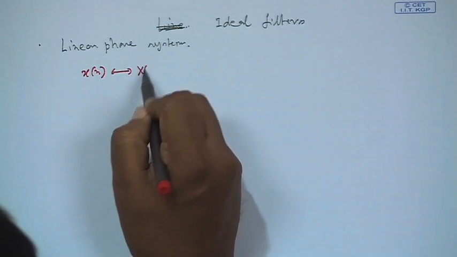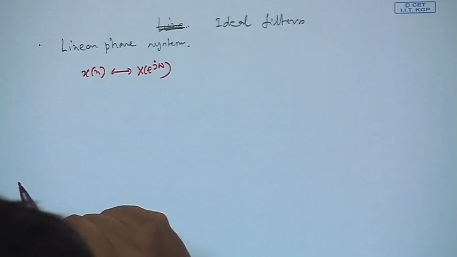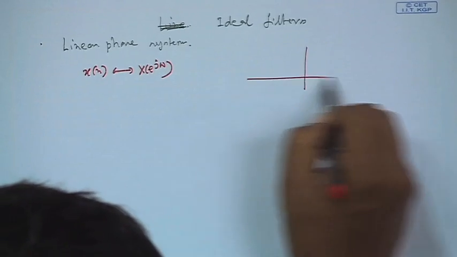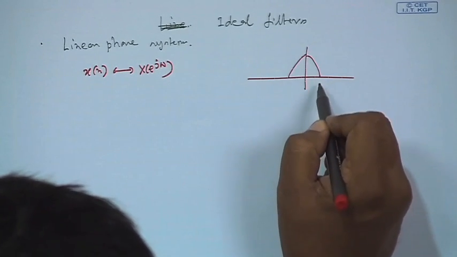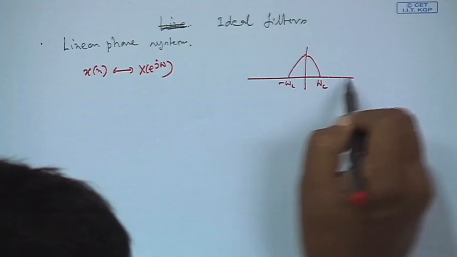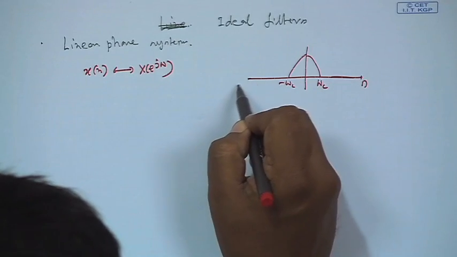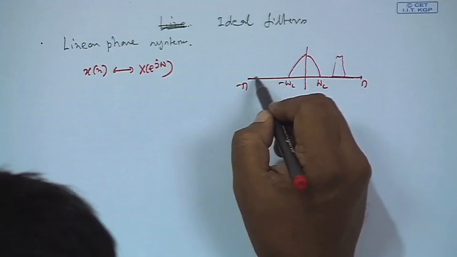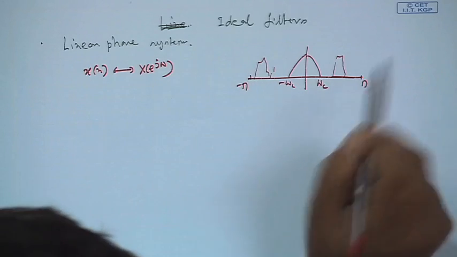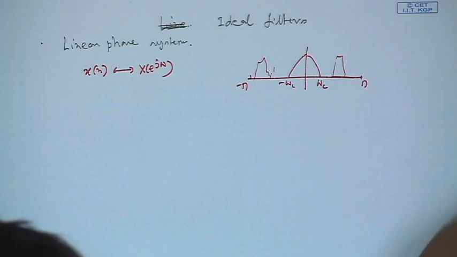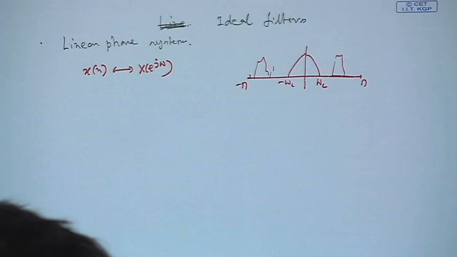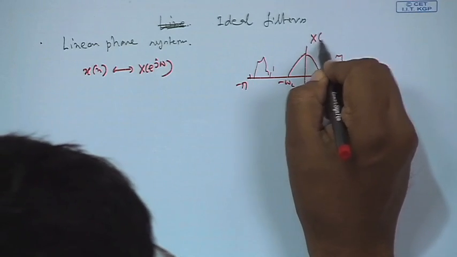and it has got a discrete time Fourier transform like this. So, this may be within a band, maybe something like this within some band, outside the band up to pi and minus pi, there may be unwanted signals here, unwanted say noise and all that. So, you want to filter it out. And this is x e to the power j